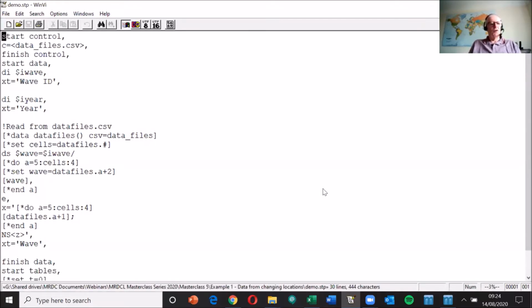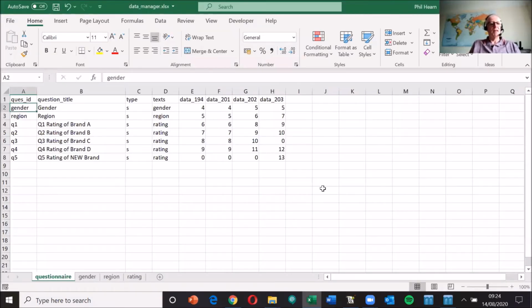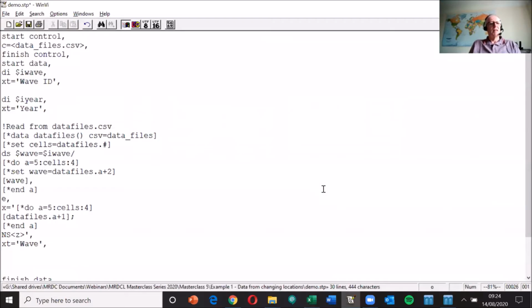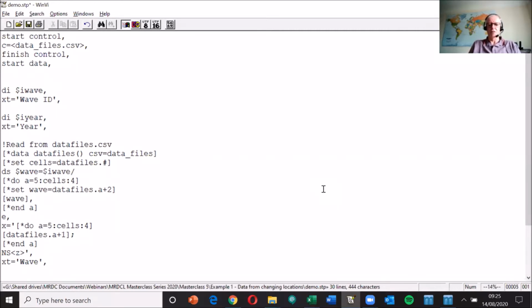Let's move on to the next task, which is now to start to read the data manager file that I've got here. So here's the data manager that's got all these different fields in there with the texts. So I'm going to first of all open up that data manager. I'm going to do that at the top here. It's a good idea to do it at the top. It doesn't particularly matter where you do it as long as you've got it open in time. So I'm going to open up,